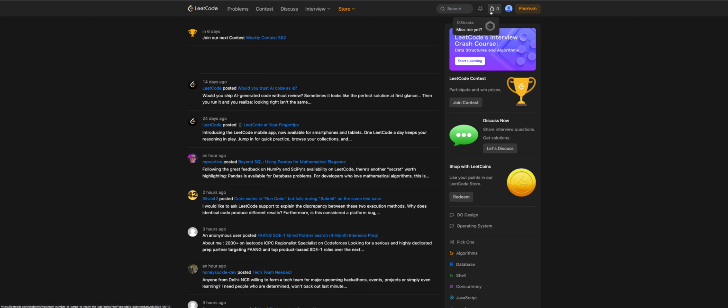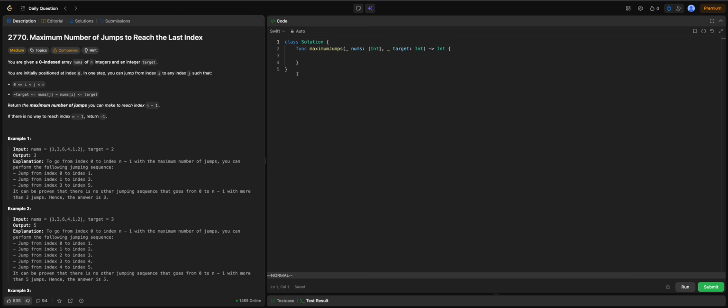Let's solve the LeetCode problem. The problem is Maximum Number of Jumps to Reach the Last Index. We are given a 0-indexed array nums of n integers and one integer target. We are initially positioned at index 0. In one step, we can jump from index i to any index j, such that there are a few conditions we need to consider. So the index that we would like to jump to should be